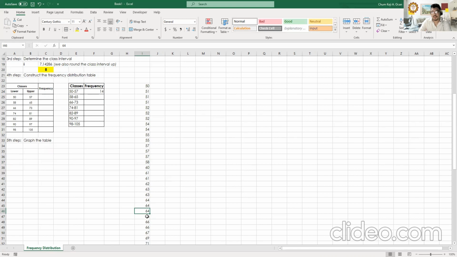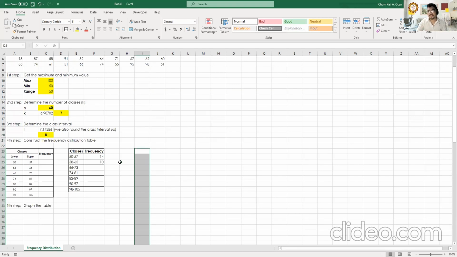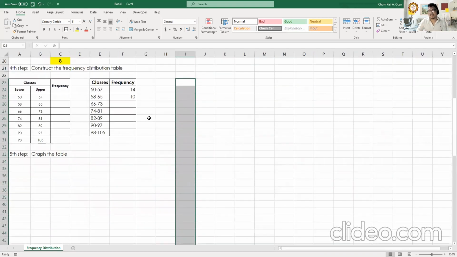We don't have 65 here, but we have 64 as our highest point in the second class. It's 1, 2, 3, 4, 5, 6, 7, 8, 9, 10. So it's 10 here. Imagine if you are going to deal with a lot of data sets. So this is very time consuming. If you're given thousands of data points or hundreds, it will take a lot of time if you do it